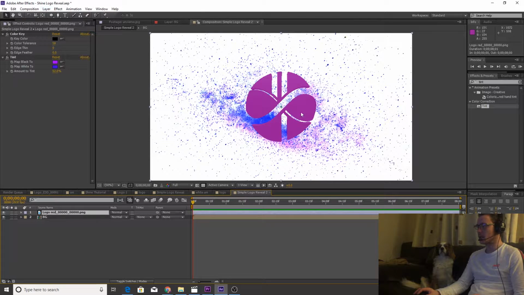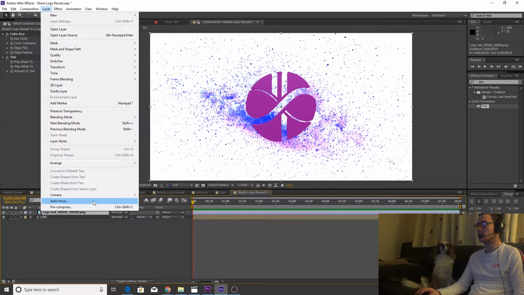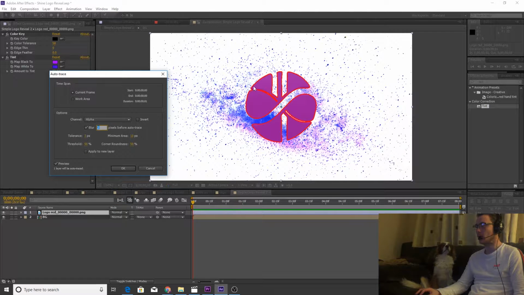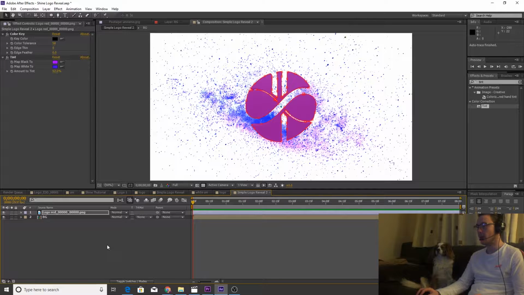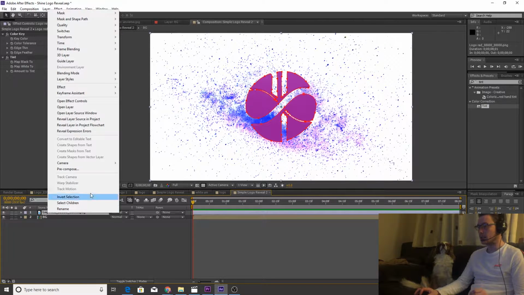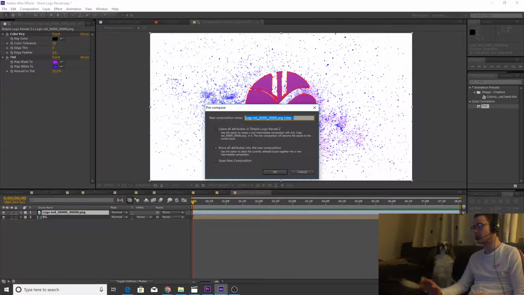next thing we need to do is mask around this. So obviously you can get the pen tool and draw around it individually, or you can literally go to layer, auto trace, and that will highlight it all. Now I'm selected to the alpha channel. If it's a black and white image, you can use the luminance channel. For this right now, that works fine. So I'm going to select that layer again, right click it, pre-compose, move all the attributes, and we'll call this